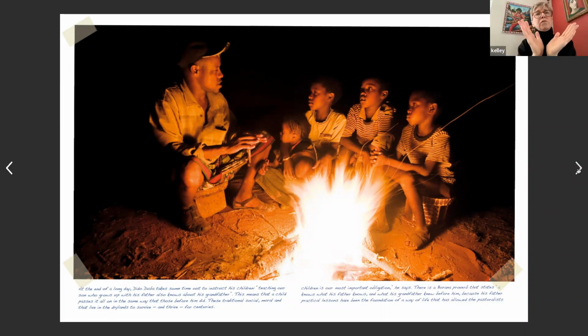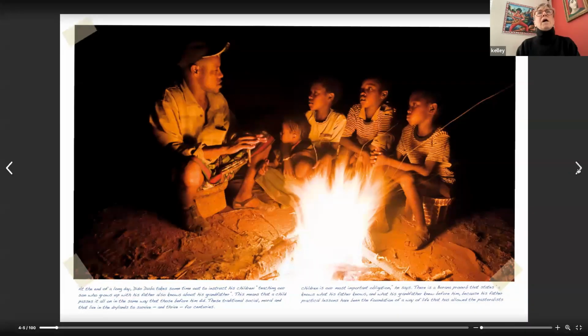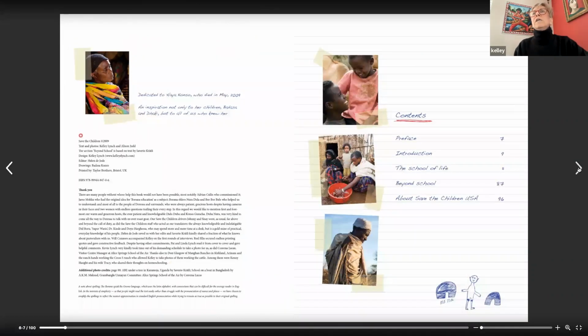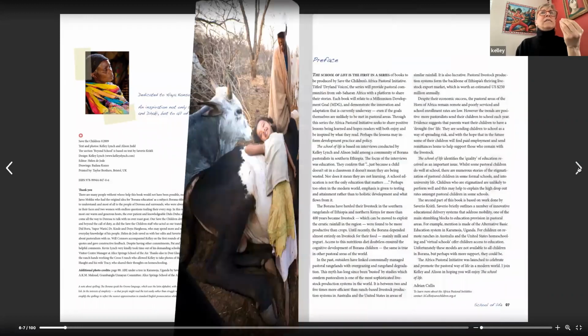What we wanted to focus on was how children, how people learn pastoralism, and in that way also teach people about pastoralism. So we have the scrapbook effect that we did. I wanted to really highlight this idea because